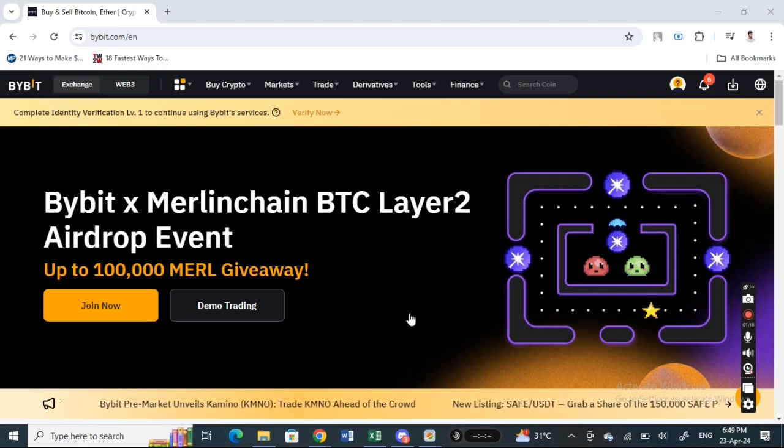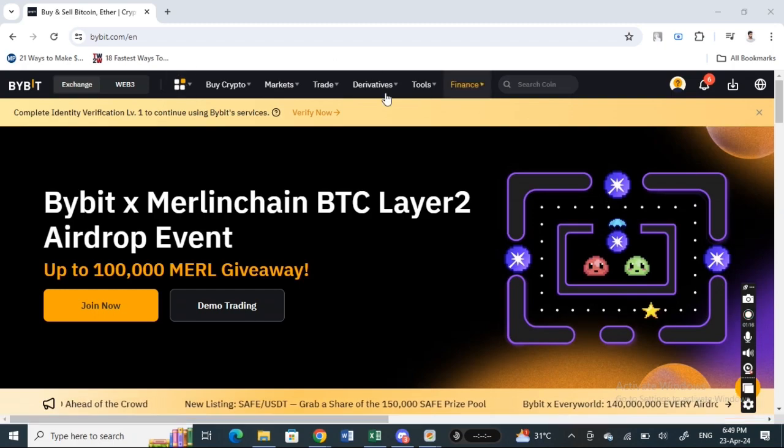So open up Bybit. Go to bybit.com or you can use the app, it doesn't matter. Once you're on Bybit, log into your account. Once you've logged into your account here, what you're going to do is click on this